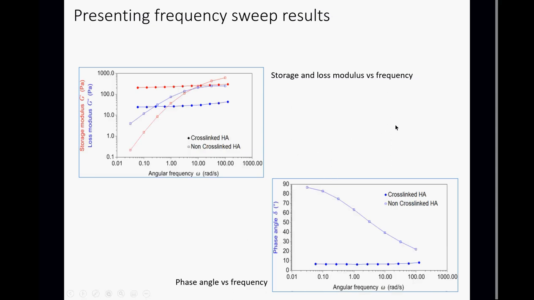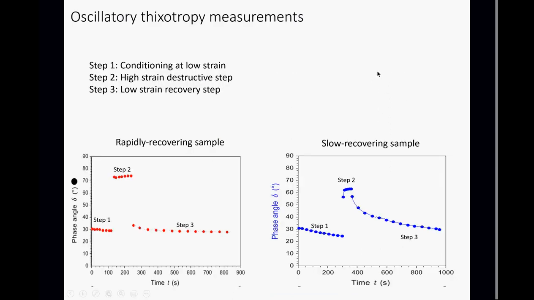Okay then. Now another great insight that oscillation testing can bring you is in understanding thixotropy. It gives you a new insight into thixotropic behavior. So rather than doing the up-down shear sweeps, or even the stepped shear sweeps, we can actually work at very small strain oscillations. And we could start off with a